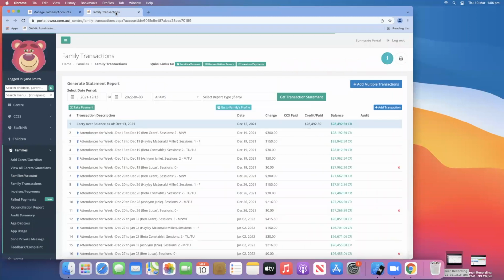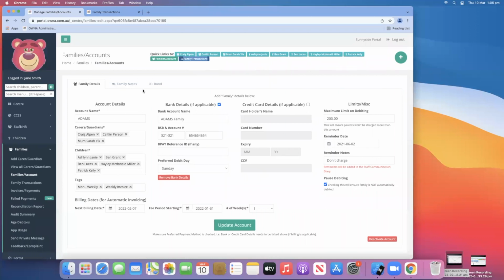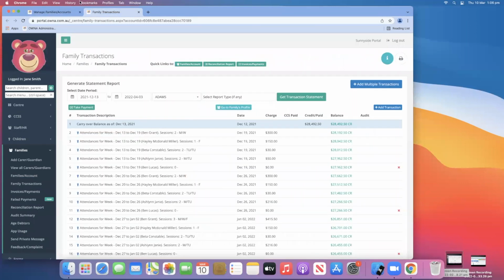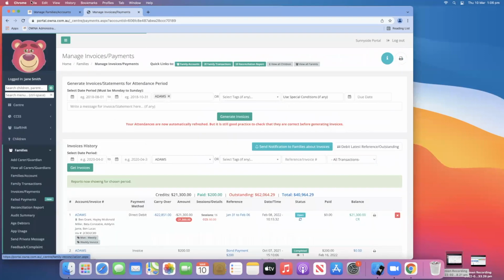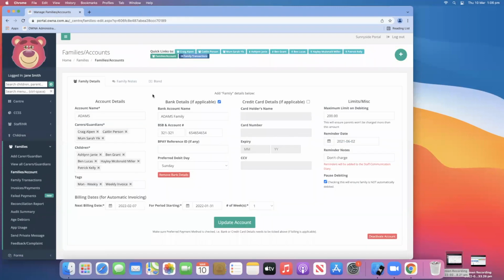So now I've got both open. I've got my transactions open and I've still got my information page open. That's just a little trick, so you can open more than one window. You don't have to keep going back and forth, back and forth. I often find people click off and you lose that page that you're on and then they have to go backwards. So right click, open in a new tab. The next one is